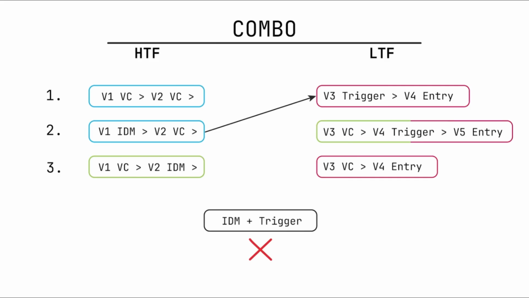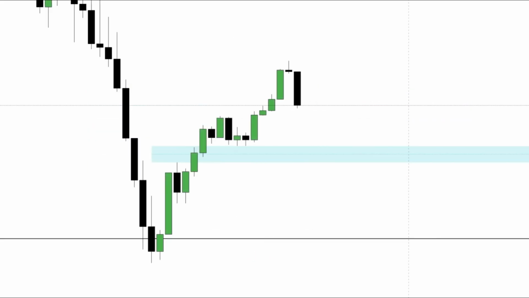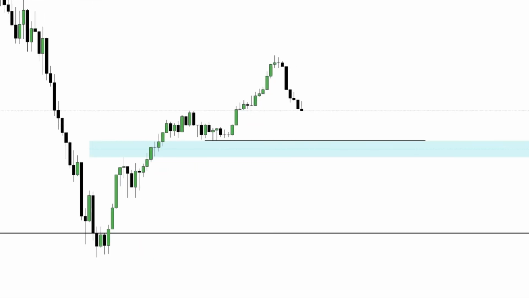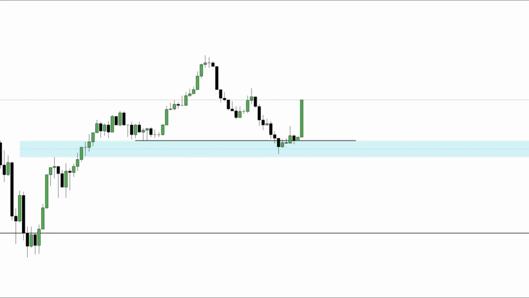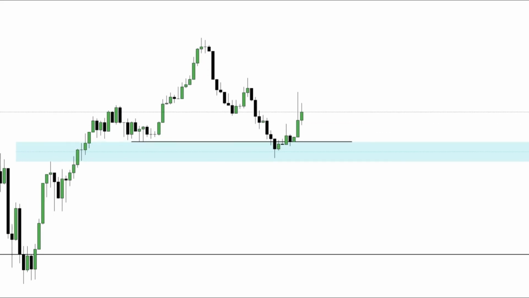Now, the LTF stage remains. V3 trigger greater than V4 entry. On the 15-minute chart, the trigger is formed, which will be considered variable 3. We need to wait for a test of the fair value gap on the 1-hour chart, and at the same time a raid on the trigger on the 15-minute chart. On the 5-minute chart, the price does this, and forms volume confirmation in the form of a fair value gap,